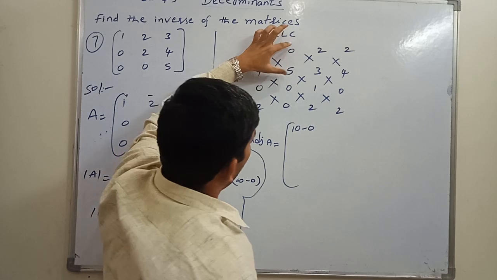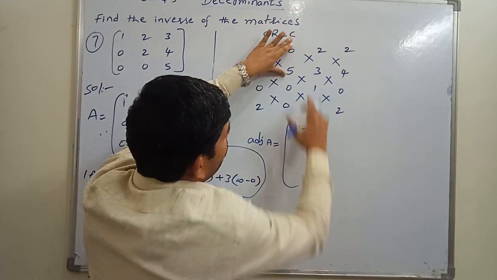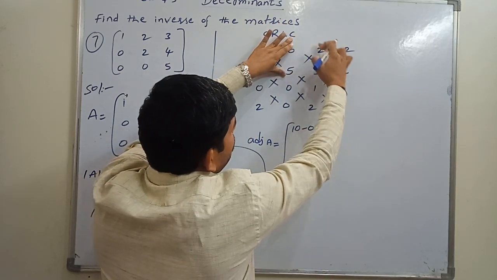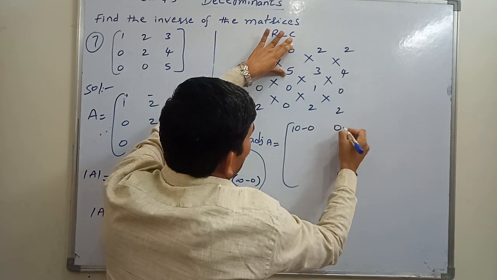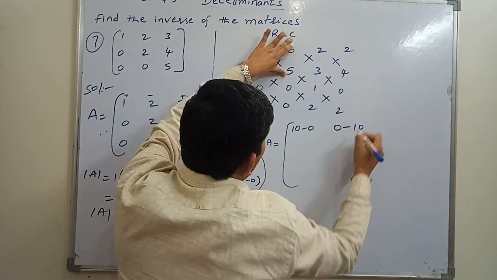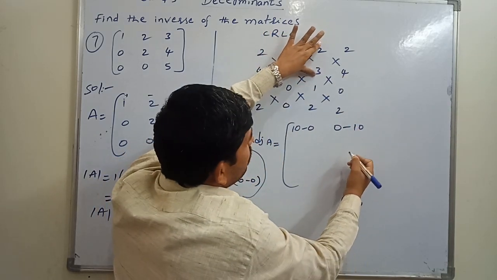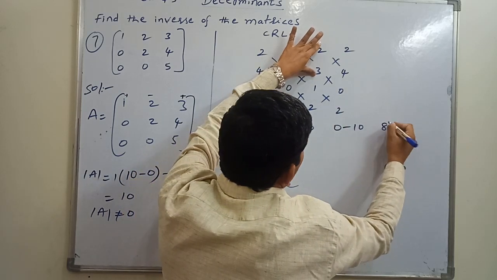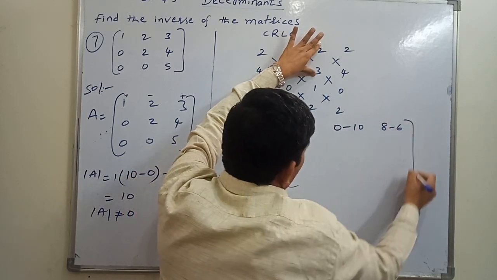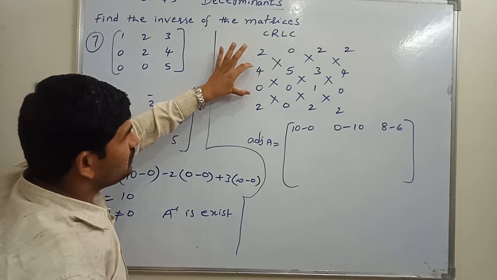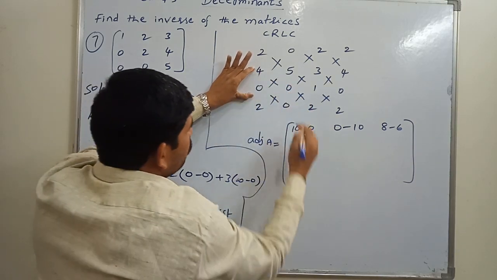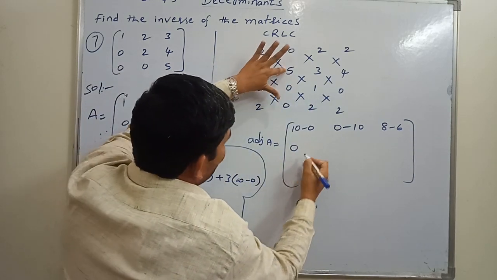Next one, see one more. See, in between having the cross now, that's why you have to see only this value. 0 into 3 is 0 minus 5 into 2 is 10. Again the last one we are going to check here, the cross one. 2 into 4 is 8 minus 3 into 2 is 6. Yes. Again we have to come the second way. So 4 into 0 is 0. Next one is 0 into 5 is 0.